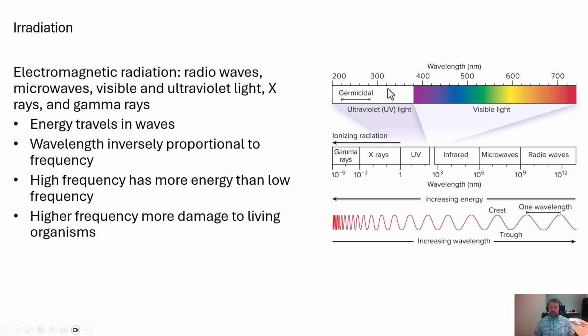And we've been using these for a very, very long time, especially ultraviolet light, but now more recently we've been utilizing X-ray and gamma rays because they're more potent, they can travel further, and they destroy more than just what